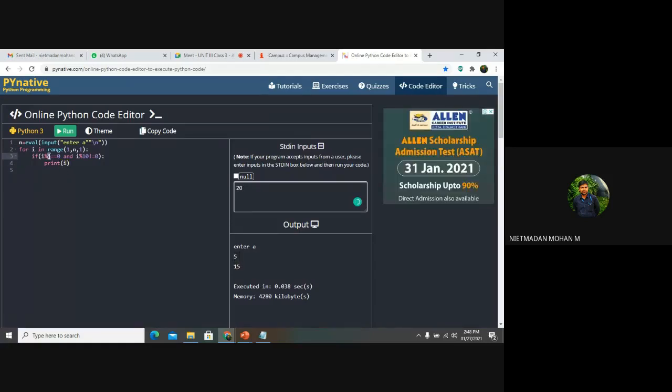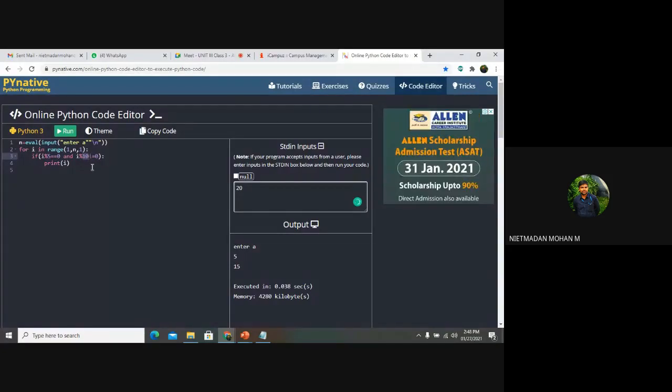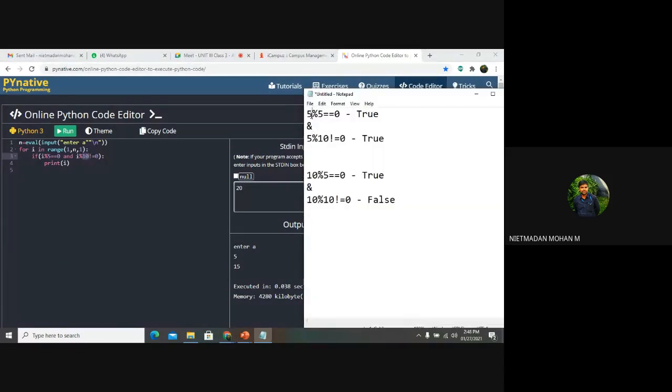You can see here, only the numbers which are divisible by 5 and not divisible by 10 will be displayed as your output. If you are taking 15 here, 15 mod of 5 is equal to 0, the condition will be true, and 15 mod of 10 is not equal to 0, the condition will be true, right?